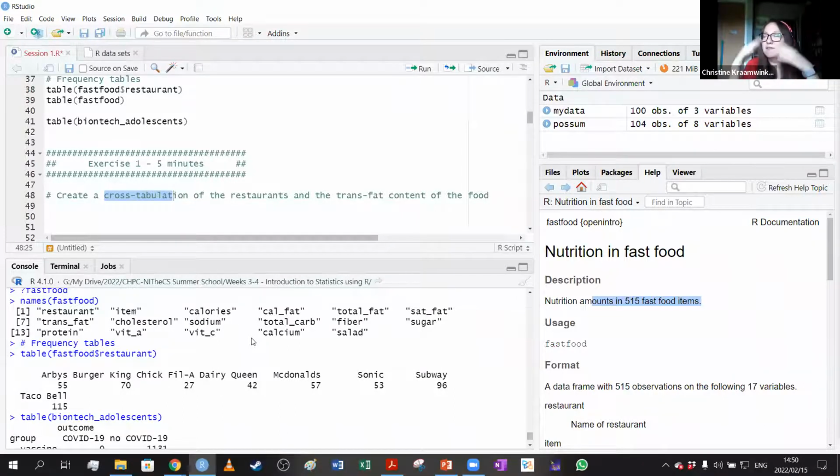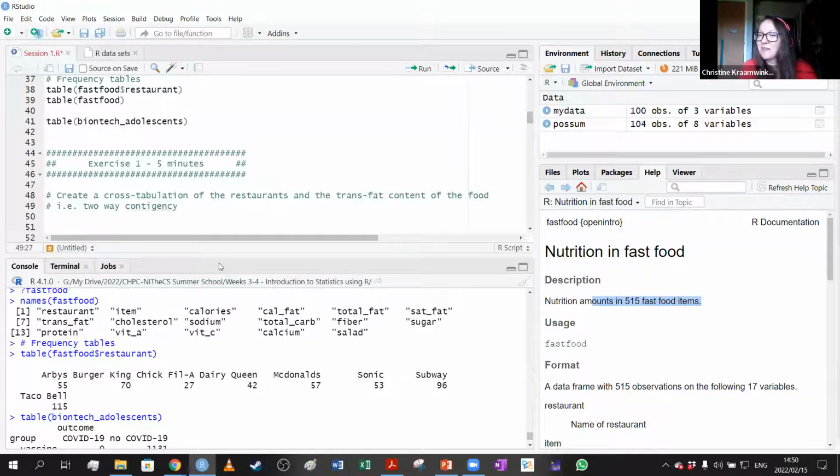So a 2-way contingency table, some people call it cross tabulation as well. There's many names for it. Let's write that here. Is there anyone who wants to venture a guess?